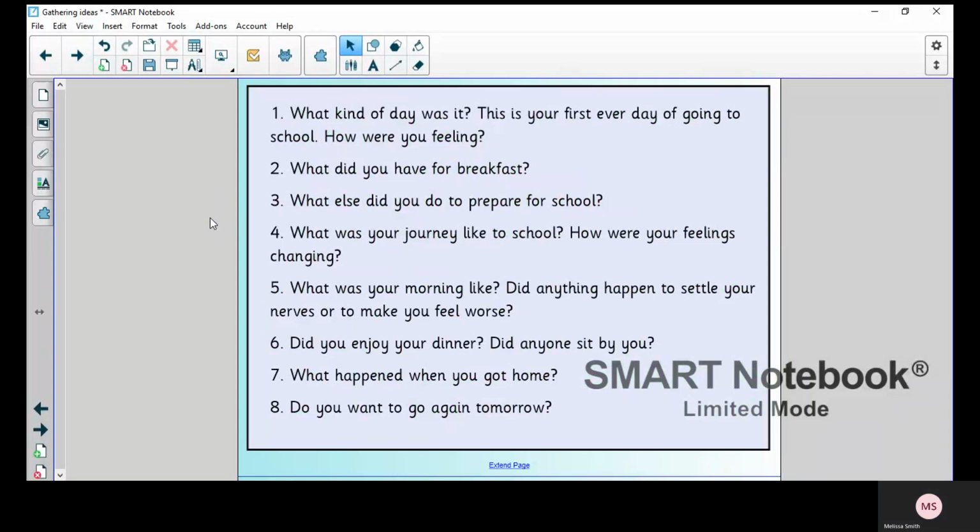So as I said, some of those answers you can take directly from the book itself, from the chapter that I will link below. But some of those answers you need to make up by empathizing, by putting yourself in August's shoes. Now you can record these answers on the to-do that I have set, but you can also do this as a hot seating activity. If you have somebody else in your house that you can ask to read out these questions to you, you're going to do a little bit of drama by imagining that you're August and answering those questions like you are August.